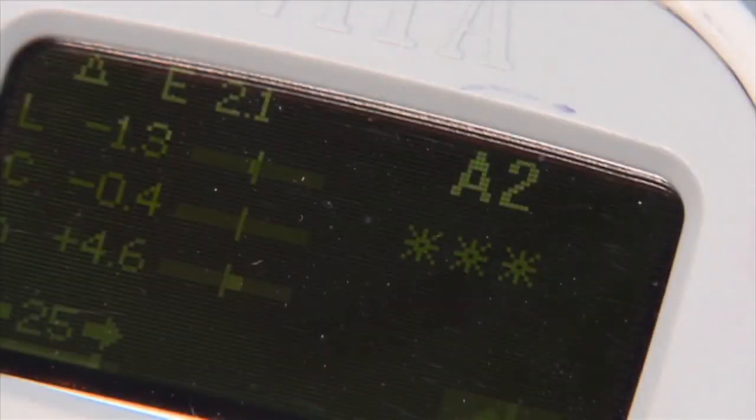As part of our quality control, we use the Vita Easyshade to verify that it is in fact an A2 crown before